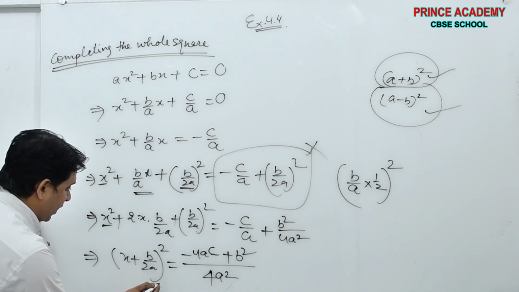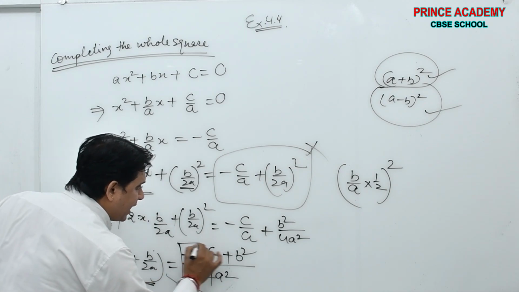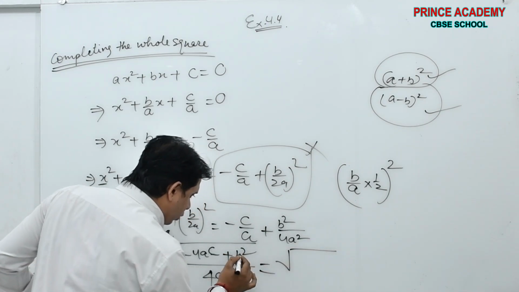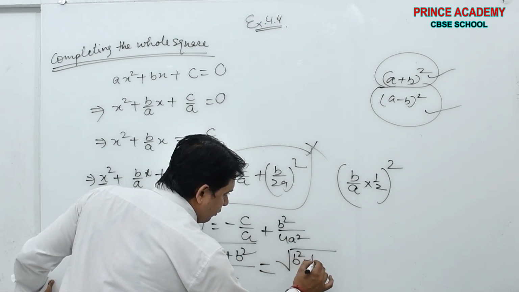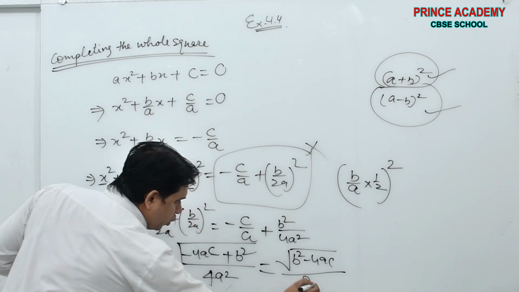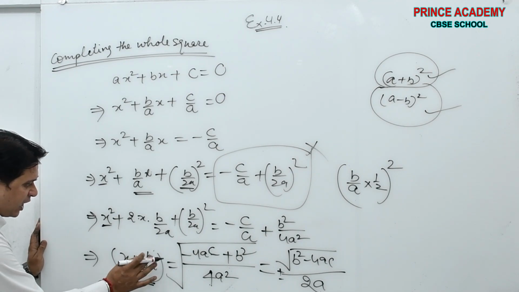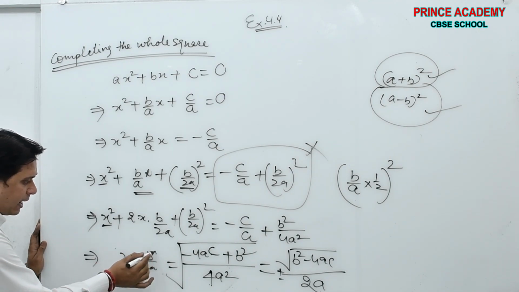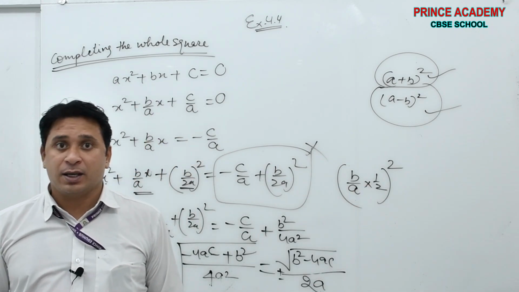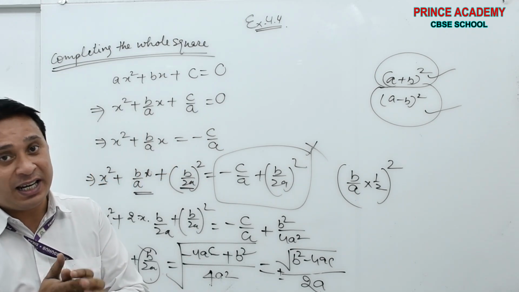And then we shifted this square toward this. This square will make a root here. Okay. In the numerator, b square minus 4ac will be as it is. In the denominator, square root of 4 is 2, a square is a, and it was plus minus. And then you will shift b by 2a towards right and you will get the value of x. It was the derivation of the quadratic formula algebraically, yes or no?